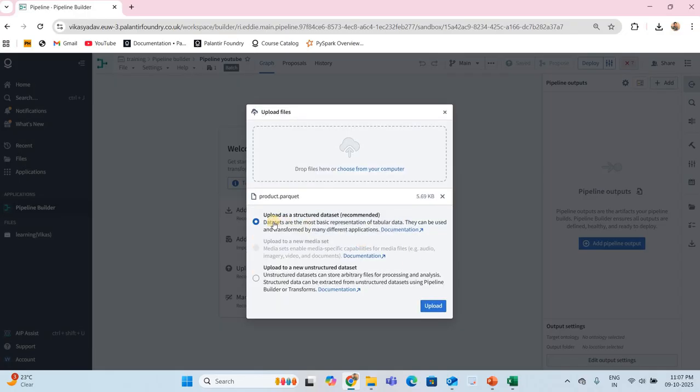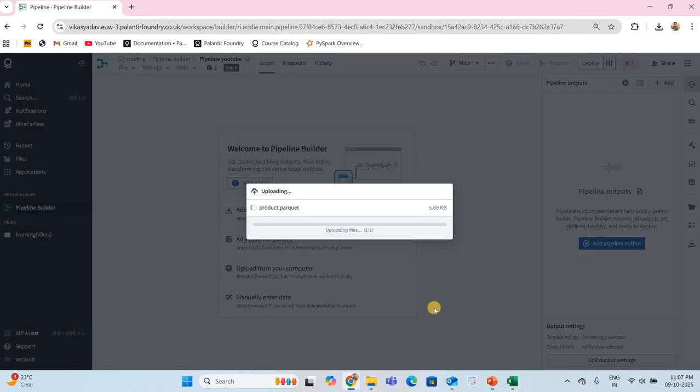Now again it will ask whether the data is structured or unstructured. This is a Parquet file, so as recommended I am going to upload it as structured data.